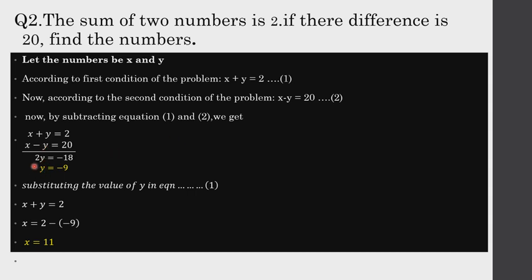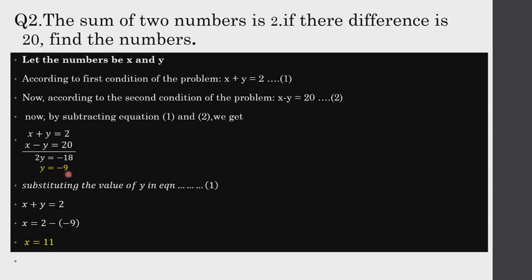So on subtracting we get 2y equals minus 18. Because you remember, if there is a plus sign and we are subtracting it, the plus becomes minus. Plus x and minus x is 0, minus and minus again turns to positive, so it comes to 2y. Here we have positive 20 and negative 20, so 2 minus 20 is minus 18, since 20 is the bigger number with a negative sign. So you get the value of y as minus 9.